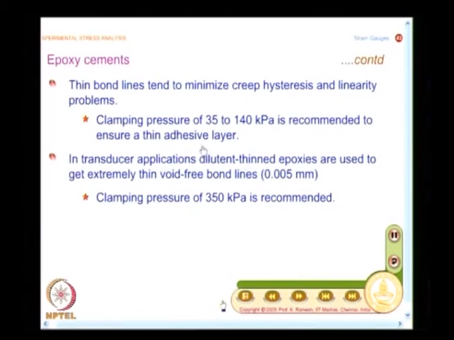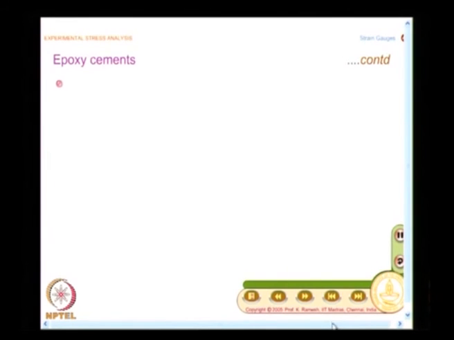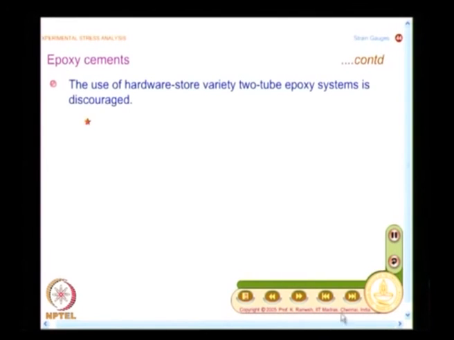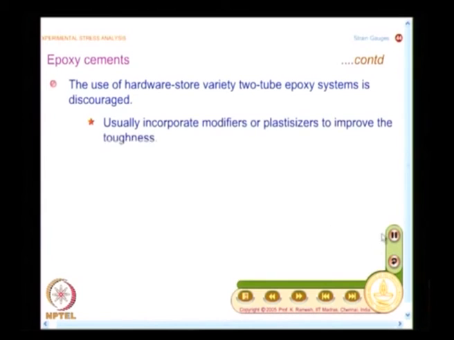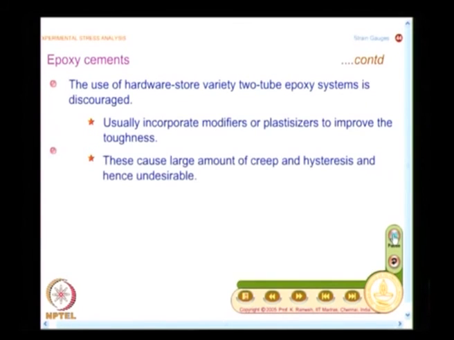So, what you find is we want to have thin bond lines, and you can also have extremely thin bond lines. Both are possible by increasing the pressure and also thinning the epoxies appropriately. And another caution: I have read in the class that epoxies can be used, but you can't go and buy M-Seal and say that is also an epoxy, I have a putty, why do not I mix them together and put it.